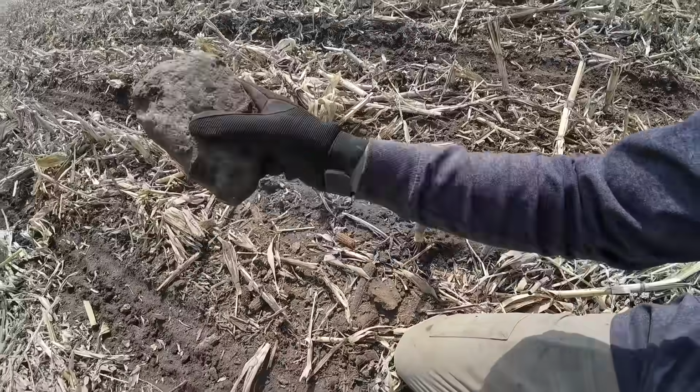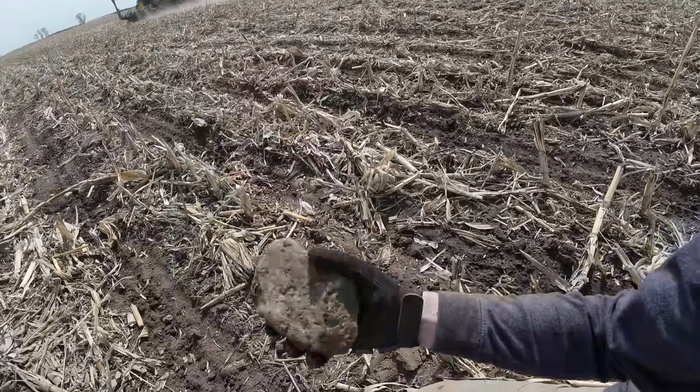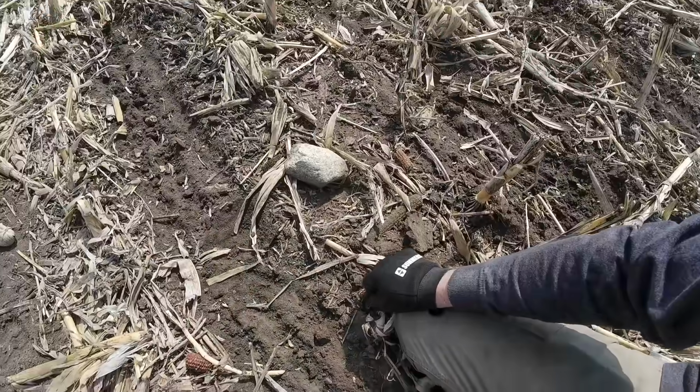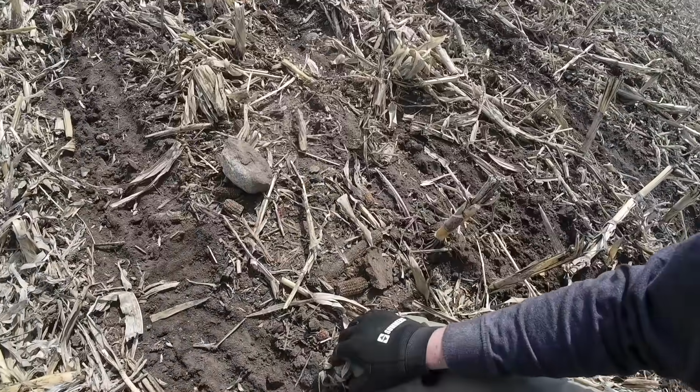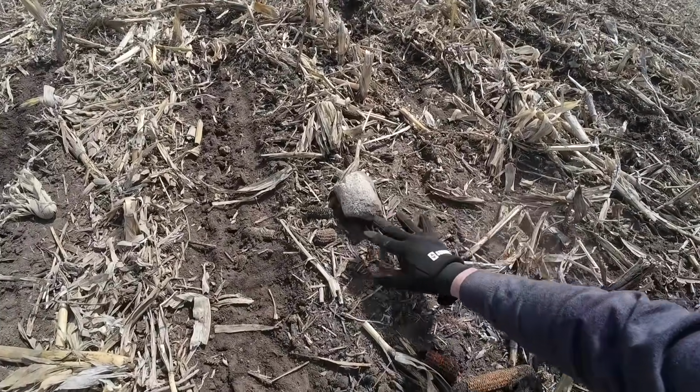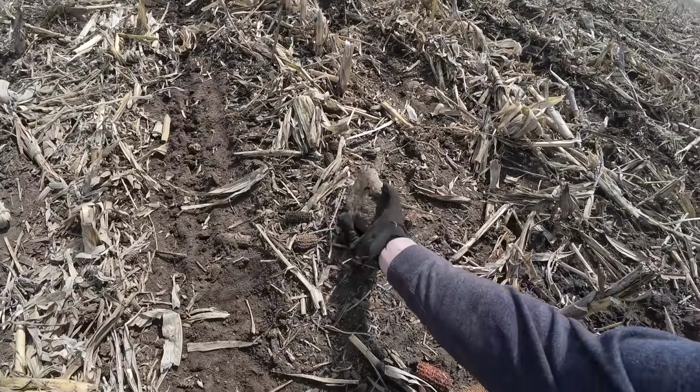So we land roll every year after we plant soybeans. The reason for that is these rocks right here from tillage, freezing and thawing, even the row cleaners kicking these up out of the ground. They end up on top of the ground, and when we come in to harvest these soybeans, the platform, the header, is cutting those beans right at ground level. And so you can break knives that can get into the header, go through the combine and